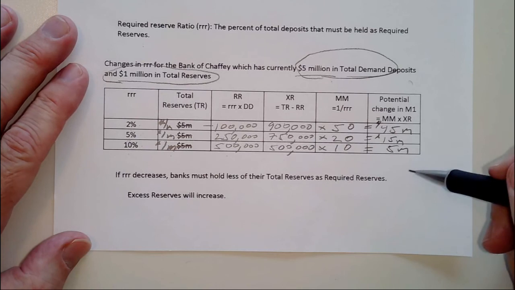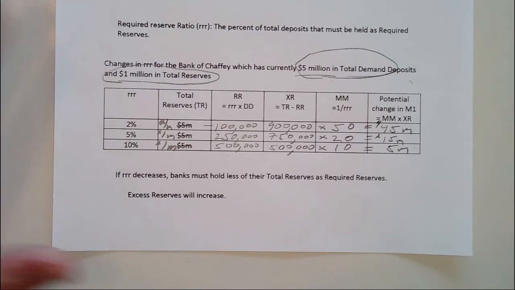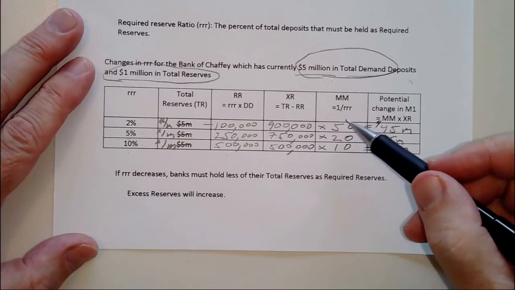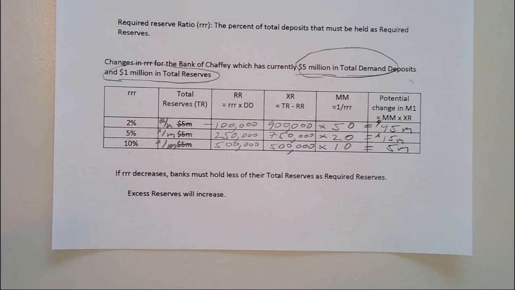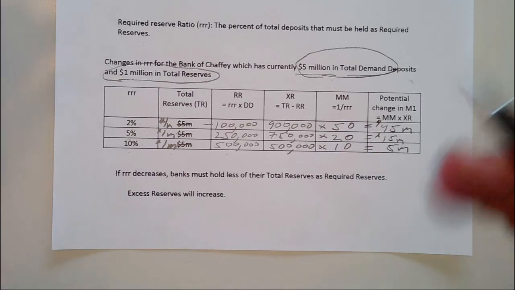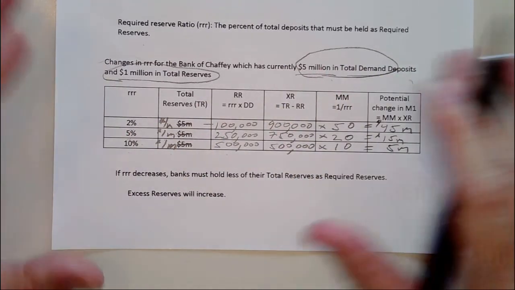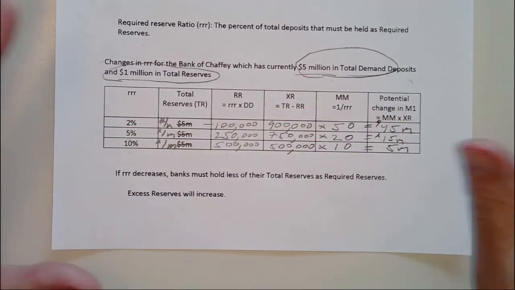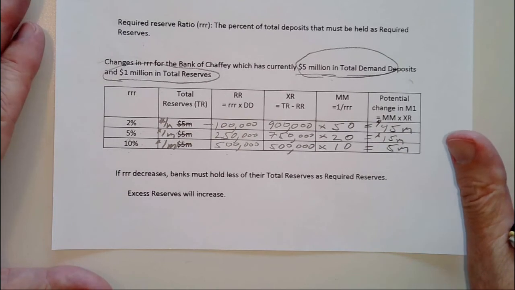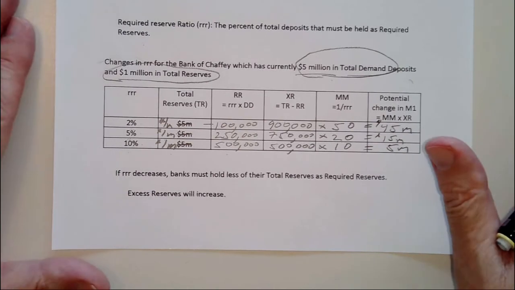And if you multiply this by all the banks out there, because this affects every single bank. If the Fed buys bonds, you only buy from that one bank. Here, with one slight change, they affect every single bank in the entire country, and that affects everyone's excess reserves and affects everyone's money multiplier. Very powerful tool, which is probably why the Fed does not use it that often, because it has a big impact on the economy.